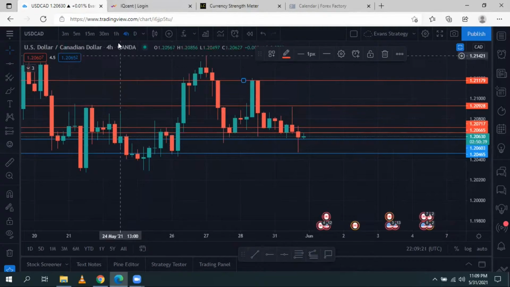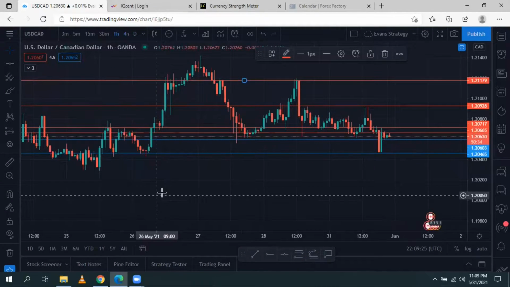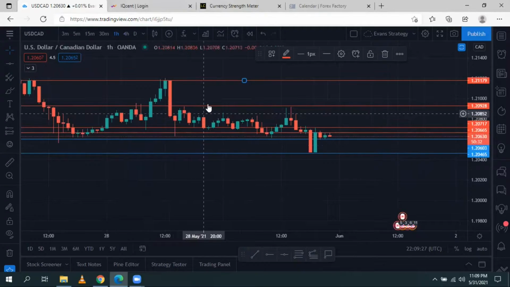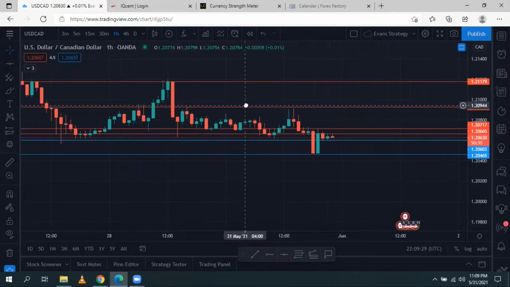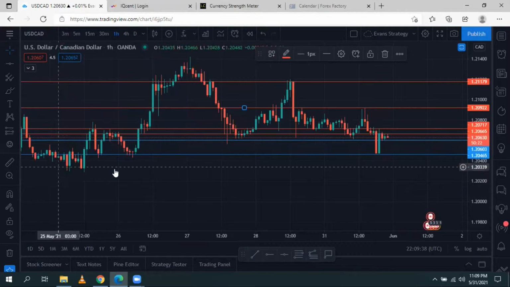So we come to the 1 hour, right? Nothing much to see here as well, yeah. So I'm just trying to mark up this chart right now. So after marking it up, we just